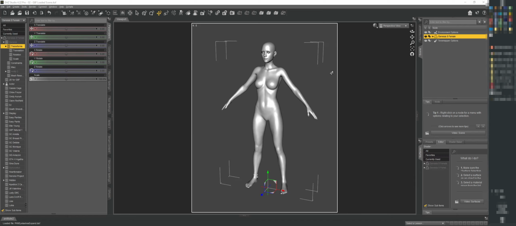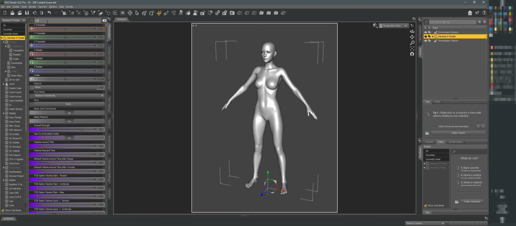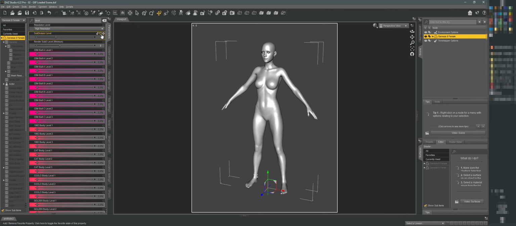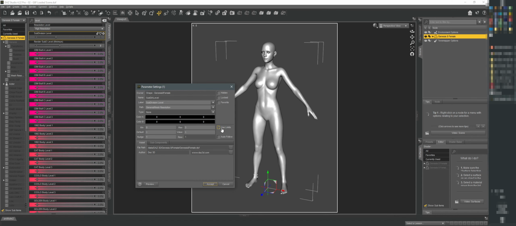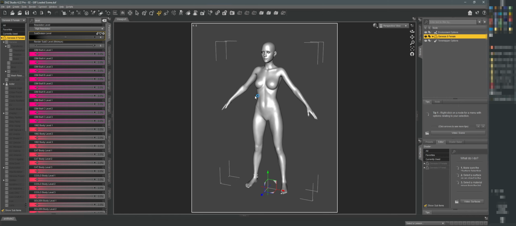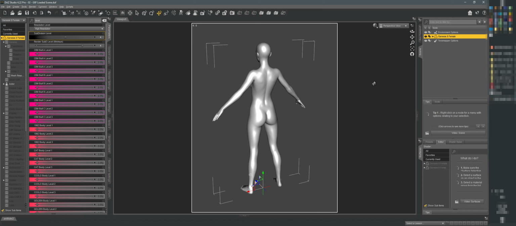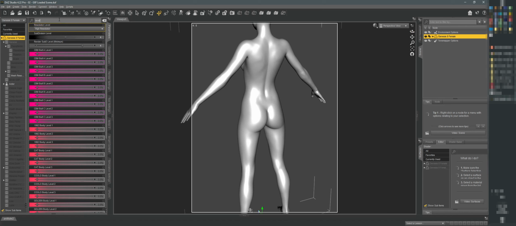6 minutes into recording, here we go. We select the Genesis 8 female, we set subdivision level to turn off the limits, turn it to 4, accept. It will need a bit of time so it will realize what is happening. Just a bit. Here it is. For subdivision level 4, render subdivision is also level 4, and now we find our newly created HD test morph,